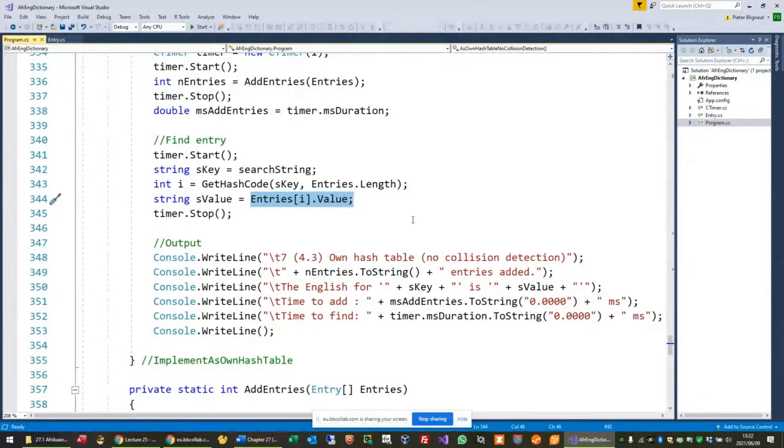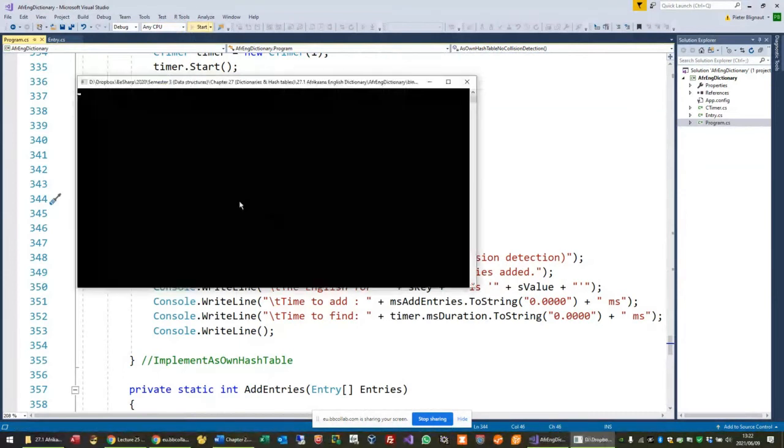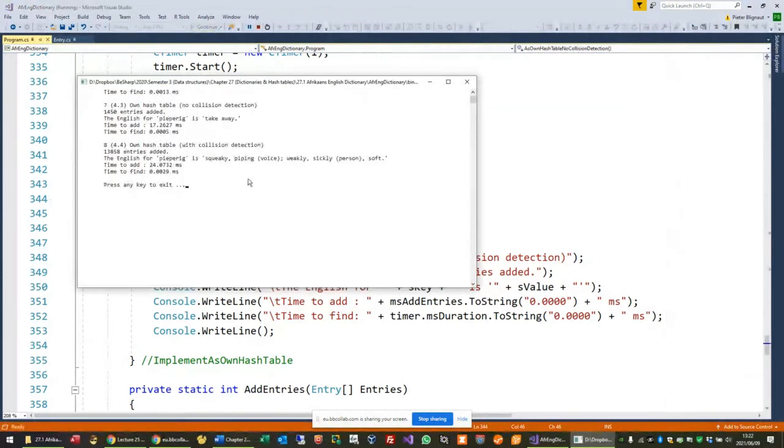So if I run this, I want you to look at the output, specifically of the second last set of outputs, which will be my